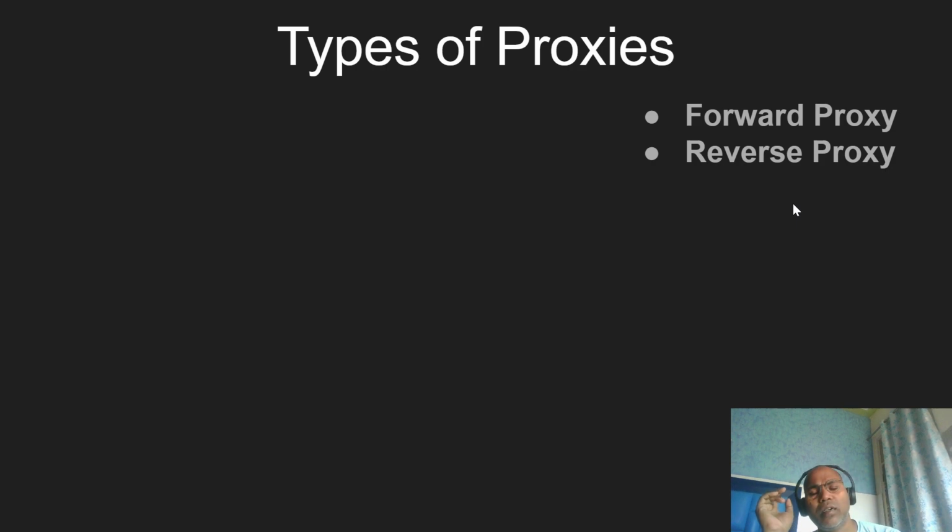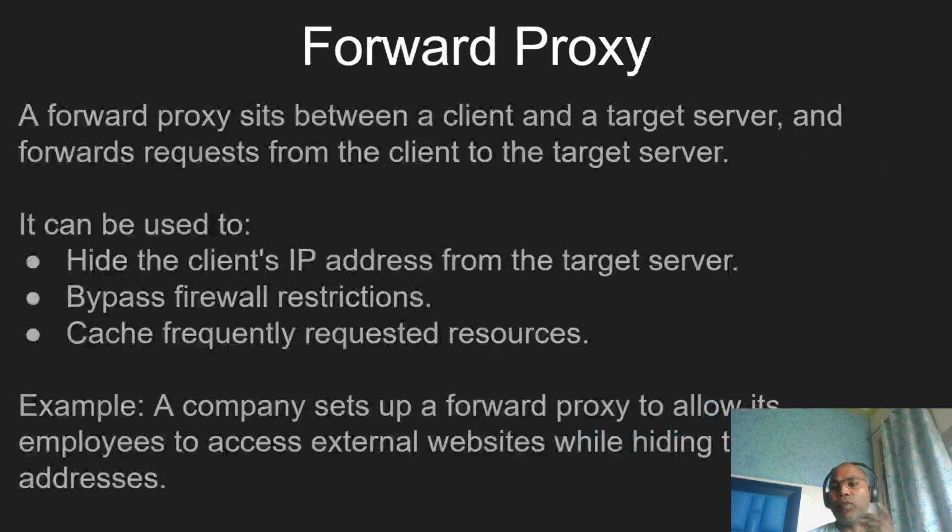Generally there are two kinds of proxies: one known as forward proxies and one known as reverse proxies. Let's talk about them one by one. Whenever you are going to use a proxy, we have to decide whether you are going to implement a forward proxy or a reverse proxy. A proxy is always implemented in one of two ways, forward proxy or reverse proxy. So what is a forward proxy?